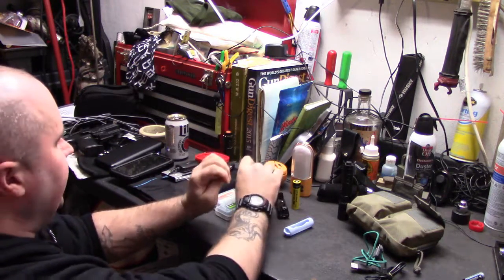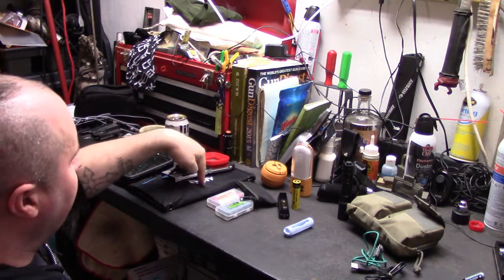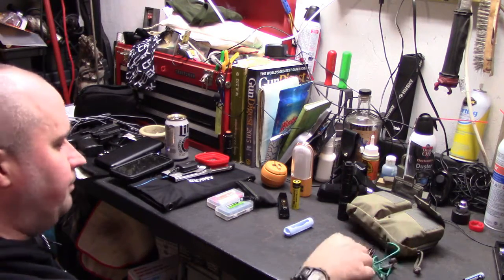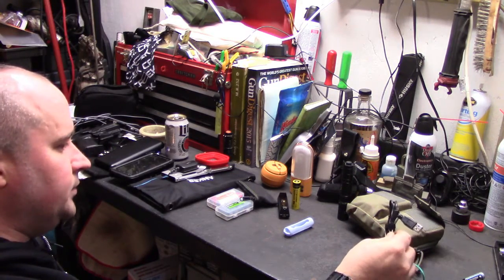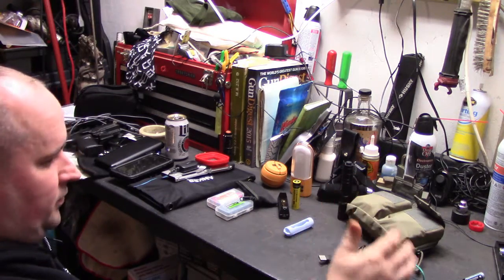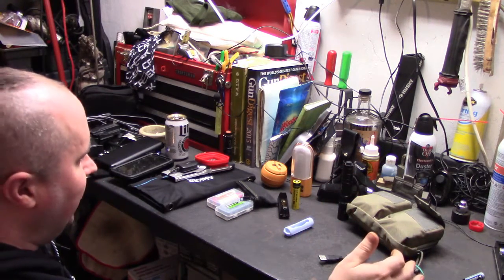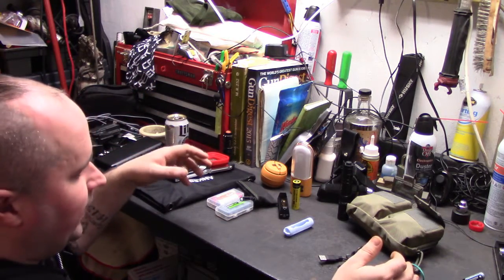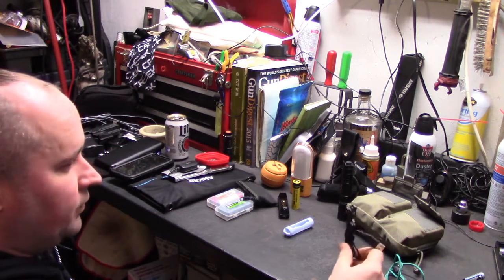So that's pretty much for that. So you've got a cable in here. There's a cable in the pouch for this one, and I've got two extra cables with this kit. Total redundancy, but in the same hand, if you've got three ports with this and you're trying to get a lot of charge at the same time,